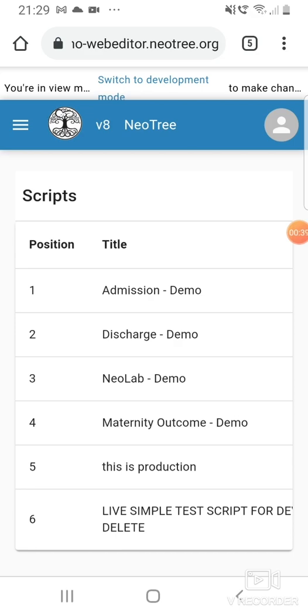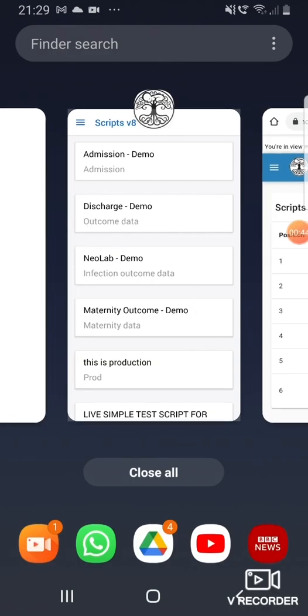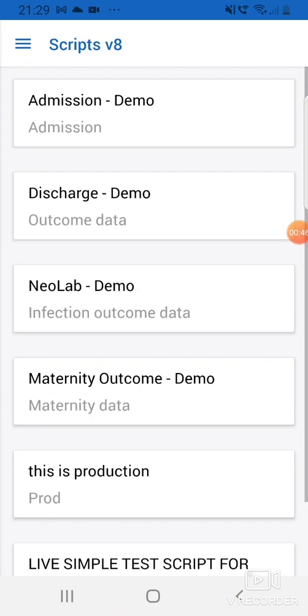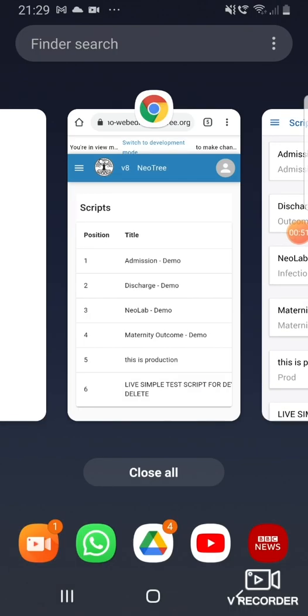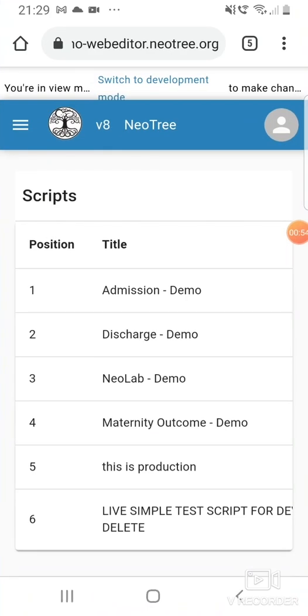Now, as you can see, this looks very similar to the NeoTree app, and that's because everything that is built in the editor ultimately will display in the NeoTree app. So I'm doing this demonstration on a phone, and that's because I want to show you the changes made in the editor in the app, and it's easier to do so. I would recommend it if you're using the editor to open the editor on a desktop in a browser and then have the NeoTree app open on your device, Android device,